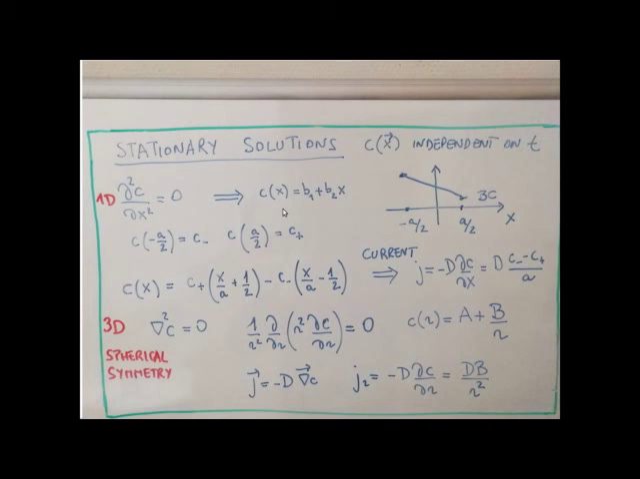So for instance, I may be interested in a given interval, minus a over 2 to a over 2, and I want to fix the concentration. At the point minus a over 2, my concentration has a certain value, I call it c minus, these boundary conditions, and I call c plus the other point at a over 2. And I'm asking, given these boundary conditions, what is the stationary solution of